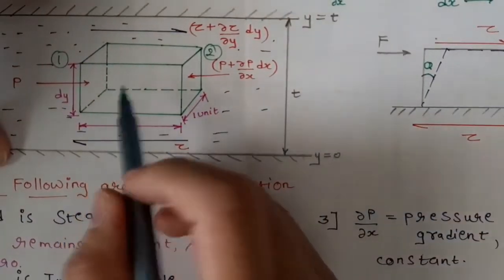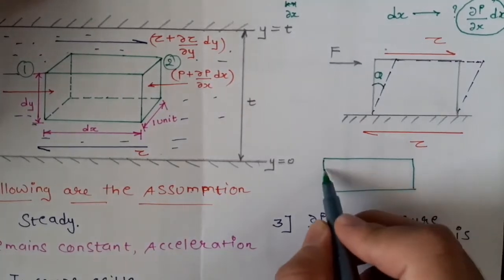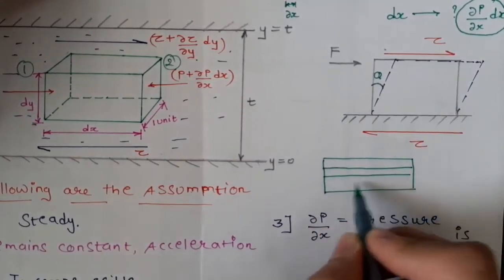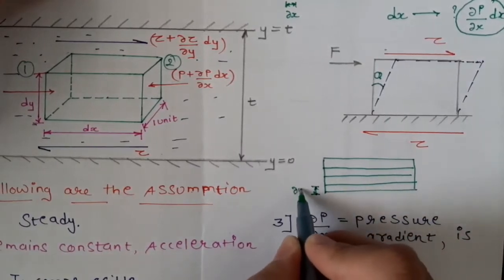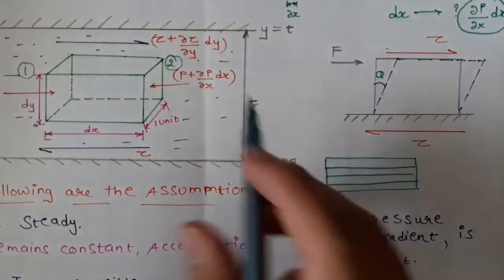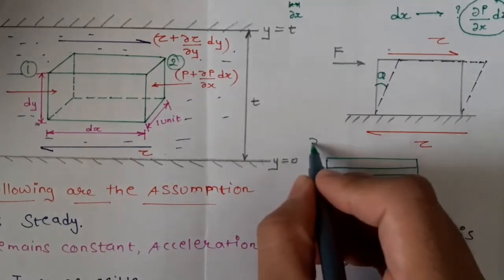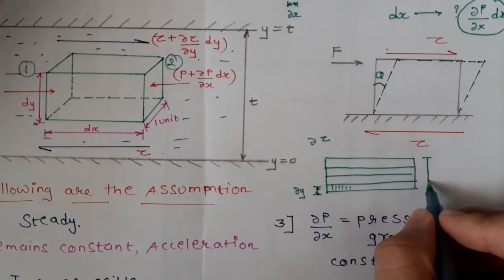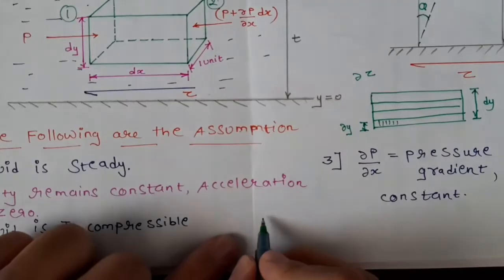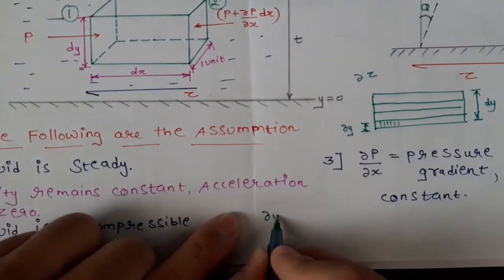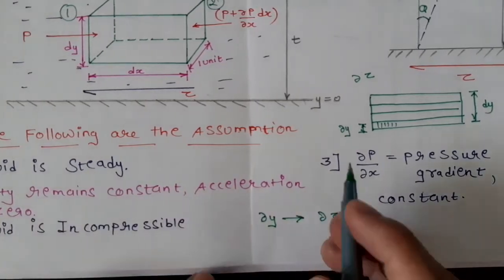If we see this element from the front, we will see a simple rectangle. Now we will divide this element into small horizontal strips. Let's say the length of this small strip is del y, and we are talking about shear stress. The shear stress acting on this strip will be del tau, and the total length is dy. That means for a small length del y, the stress acting is del tau. Now we want to find it for dy.